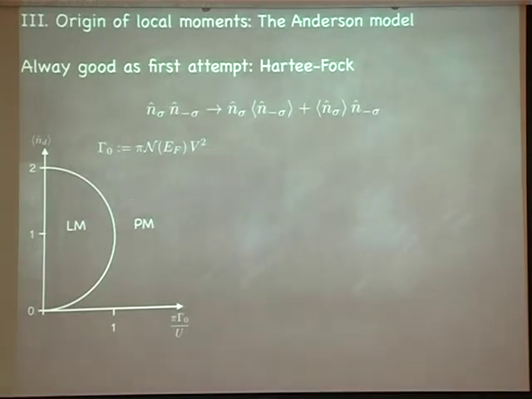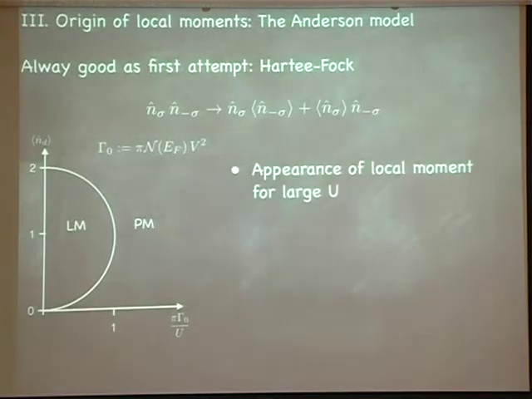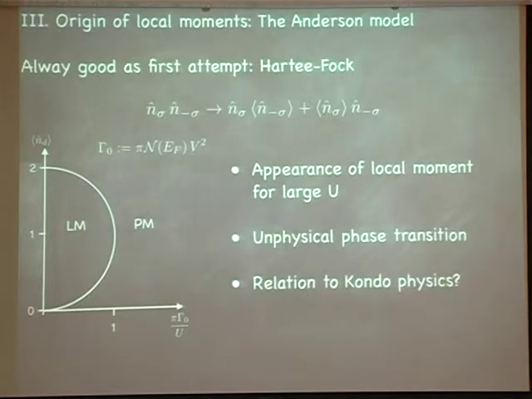And of course, the existence of the local moment would again signal a phase transition. So somehow the system has to avoid really going into an ordered phase where you have a static local moment. So that already tells you that there must be something going on that makes this local moment dynamic in some sense. We'll see later what happens. So there's the appearance of an unphysical phase transition. This is all quite nice.